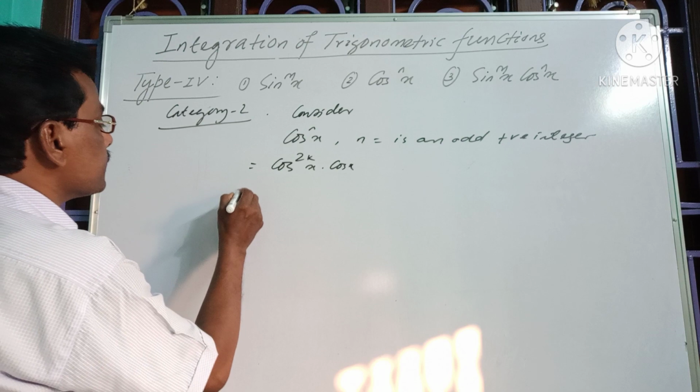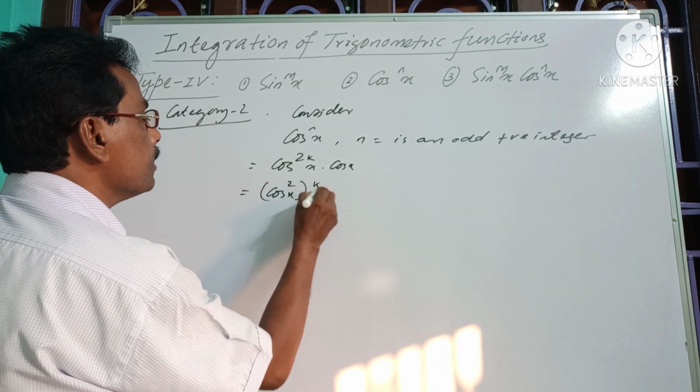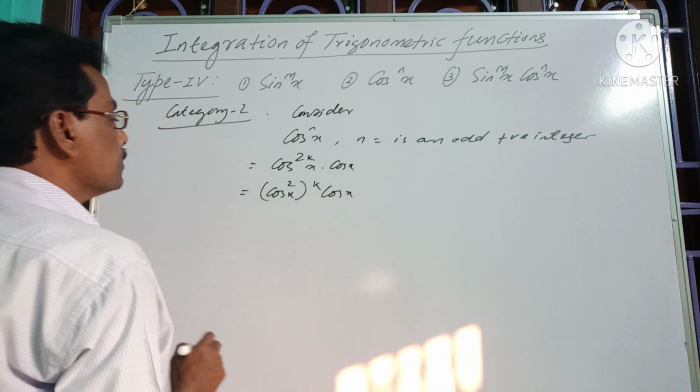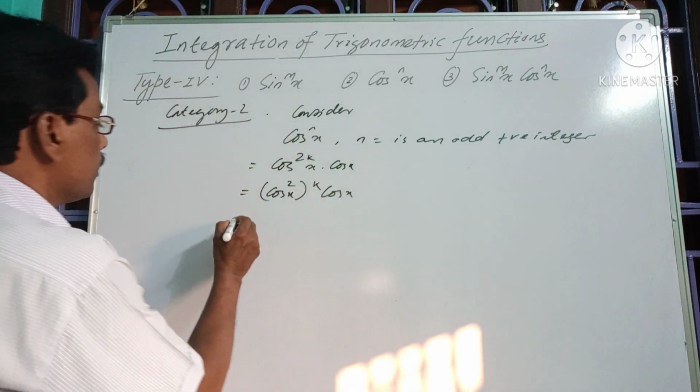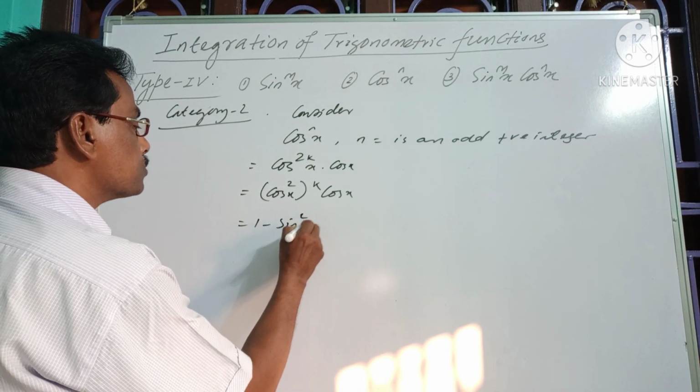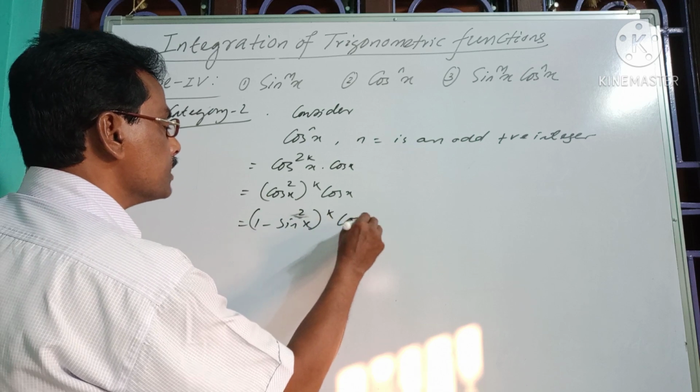So it can be broken like this: cos square x to the power k into cos x. So again, breaking cos square x in terms of sin square x, we have 1 minus sin square x to the power k into cos x. Now